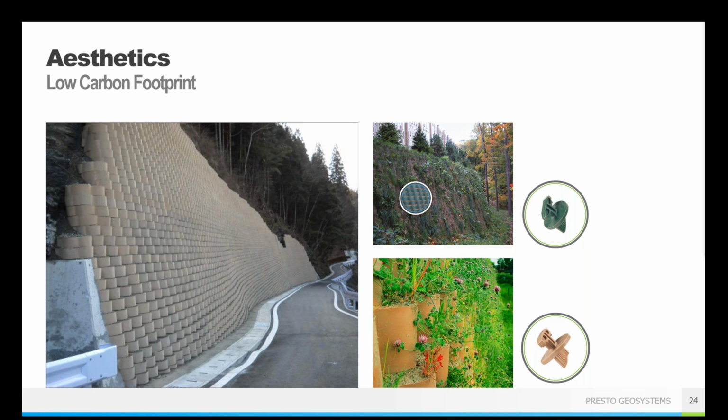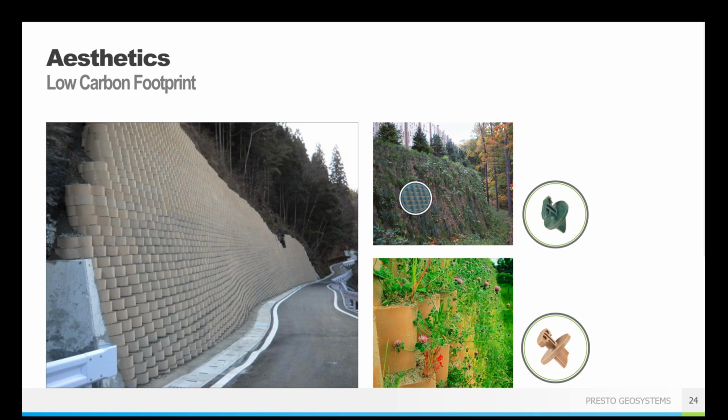And then the installation of the GeoWeb systems is going to be fast and quite easy. The material is very lightweight. You don't need heavy machinery to install these types of things. Like if you think about masonry block walls, you usually need to vibrate those down into place, or gabion basket walls, you need heavy cranes to lift those large heavy baskets in place. None of that's necessary with the GeoWeb system. So you can try and reduce your impact in terms of the installation that you're doing.